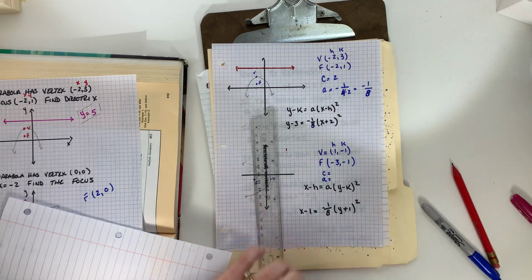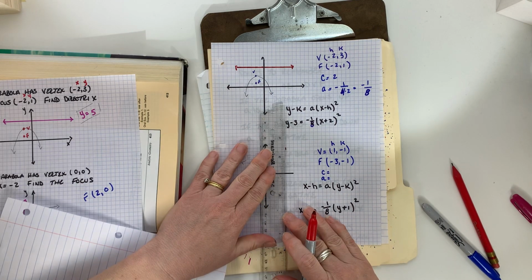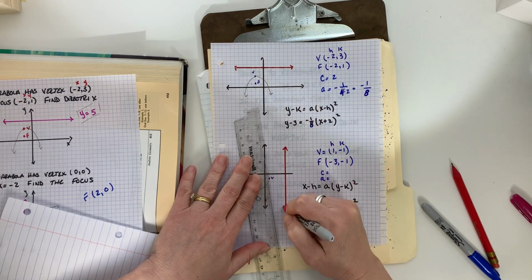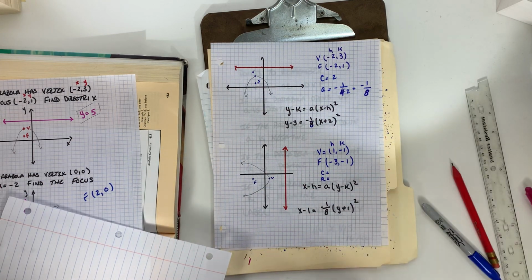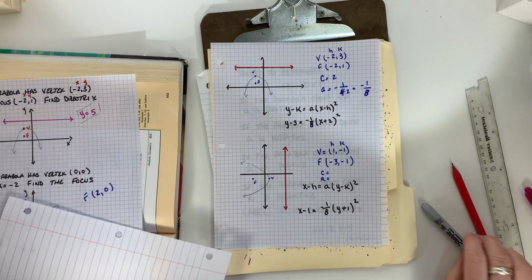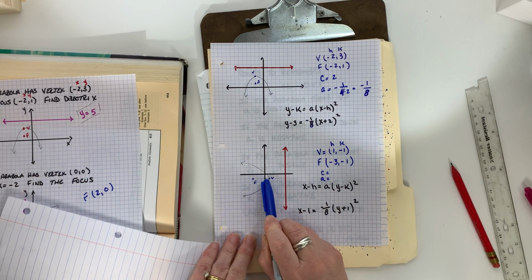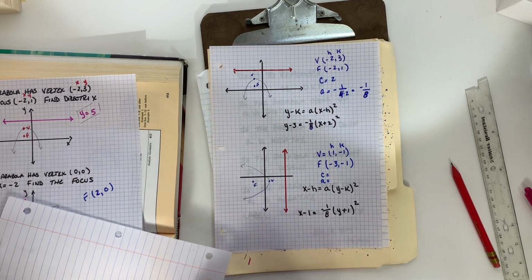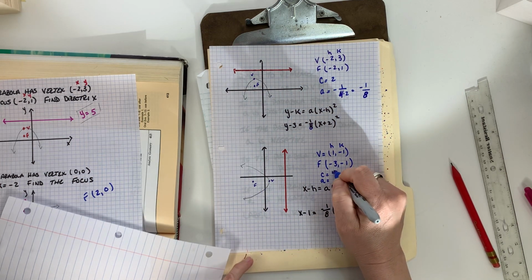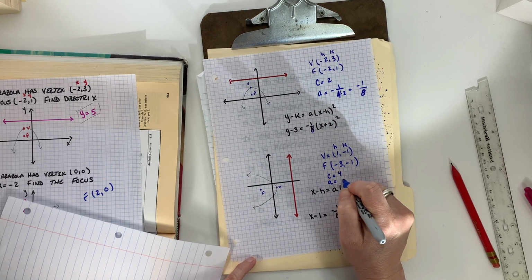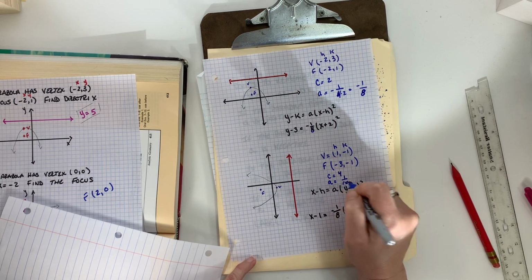We're going to draw the directrix right here. All right, that's our directrix. So what is C? C is equal to 1, 2, 3, 4. Should be the same, 1, 2, 3, 4, okay? C is equal to 4, all right? A is equal to 1 over 4C, so that is going to be 1 over 16,